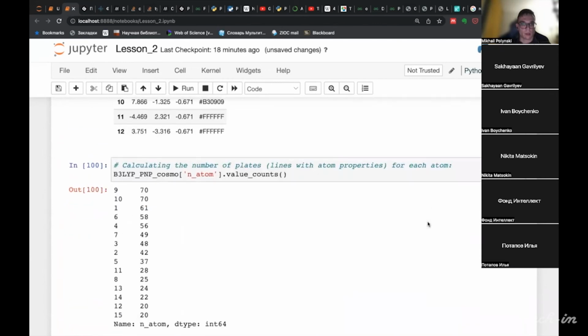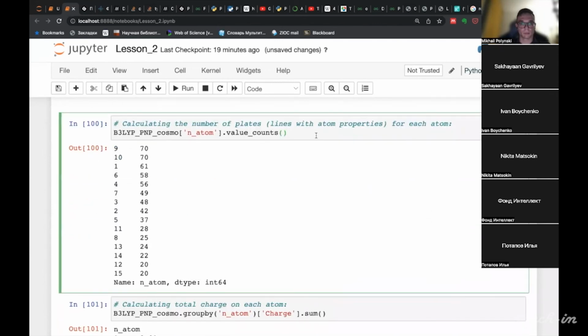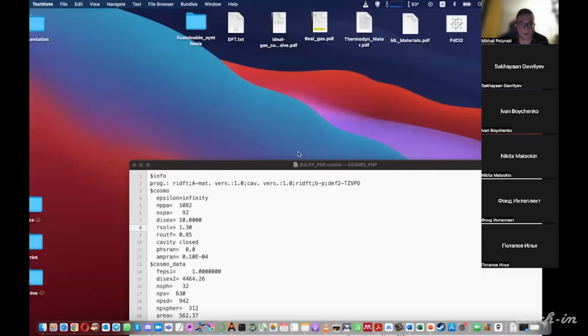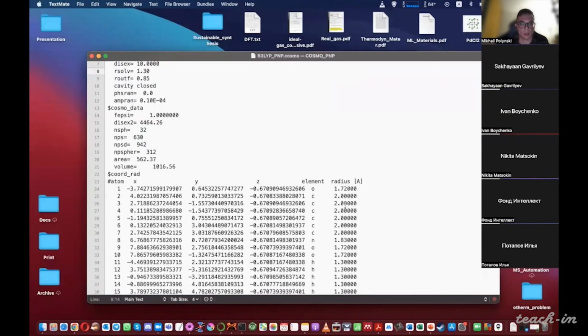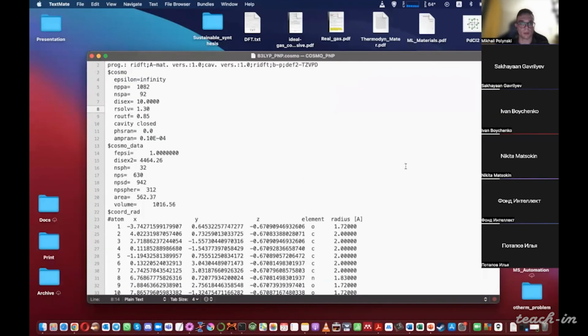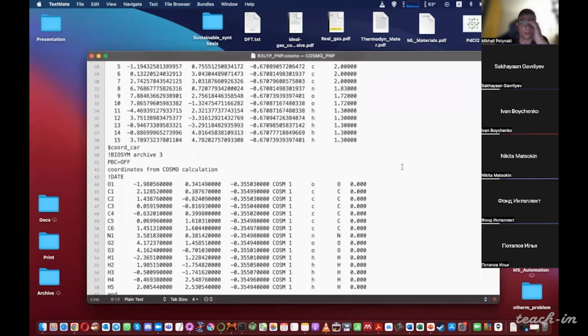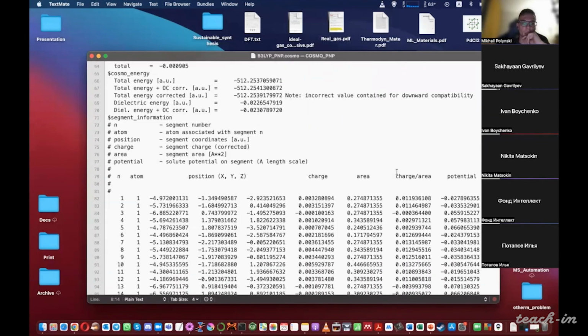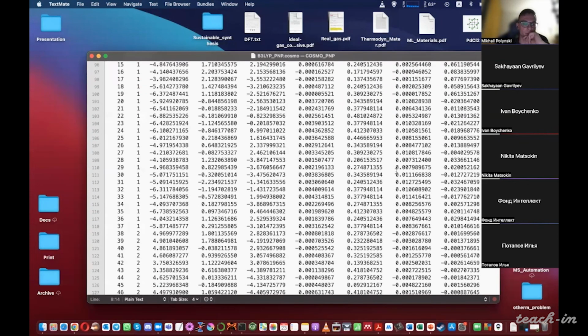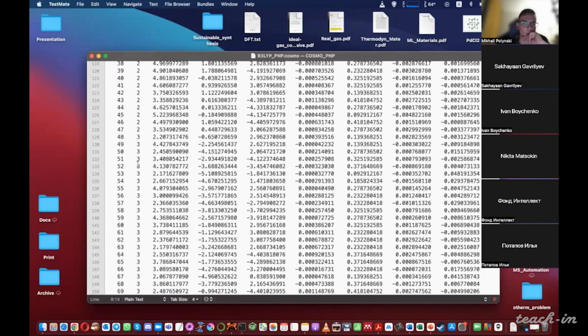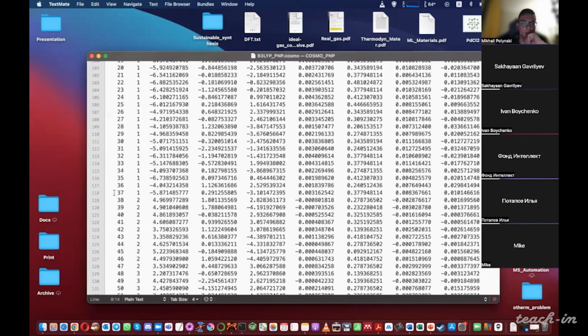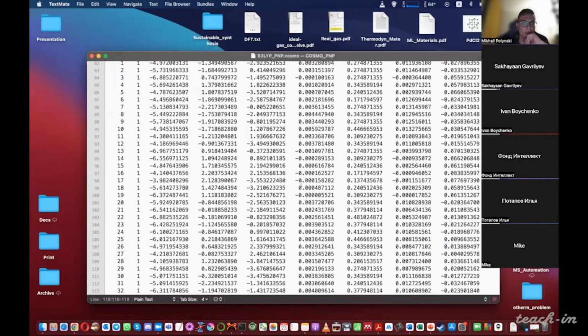So next, and in fact, if we go and analyze the initial file, here we can see that every atom has many values. For every atom, we have many lines.